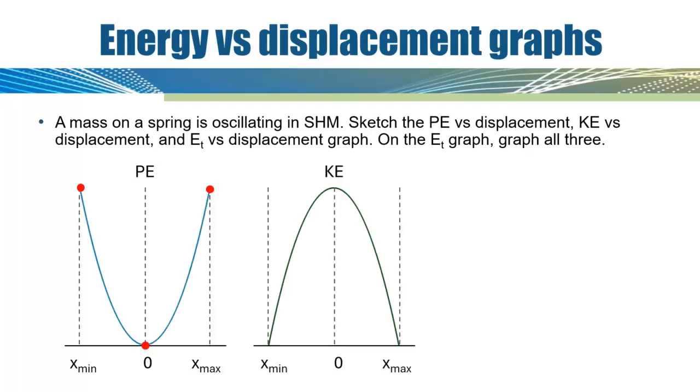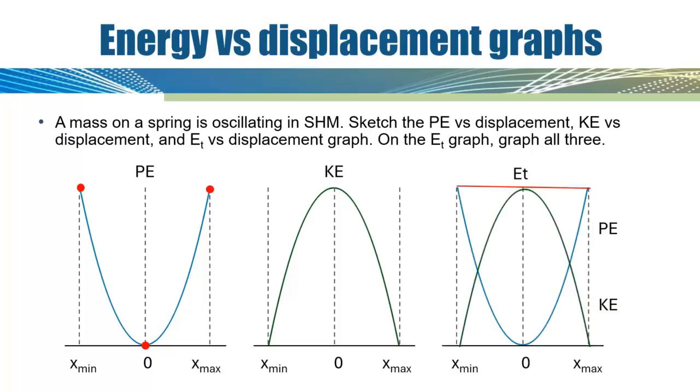When I get to the kinetic energy graph, it's just going to be the reverse because I know that at equilibrium, kinetic energy is at a maximum, and at the endpoints, x min and x max, kinetic energy is 0. If I want to draw the total energy graph, it's just going to be a straight line going across. But many times we graph the potential energy graph and the kinetic energy graph on the ET graph, because this